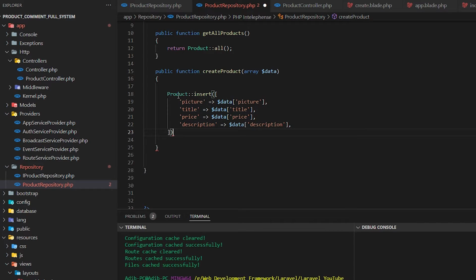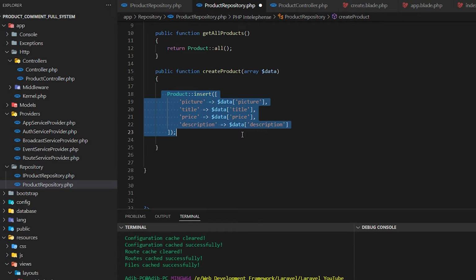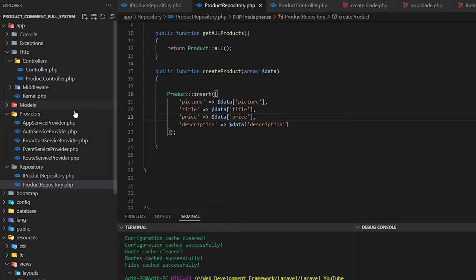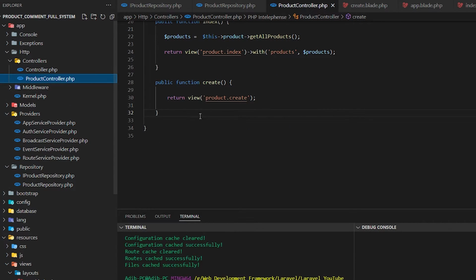So we have a picture, title, price, description, all of those things coming from the array of data as a request. Okay, into the create, and with this data we're gonna import all those data and insert all of those things inside the database. Okay, with the pictures, all of those things, but the validation will be done on the product controller. And now we need to go to the product page, and here you need to just give public